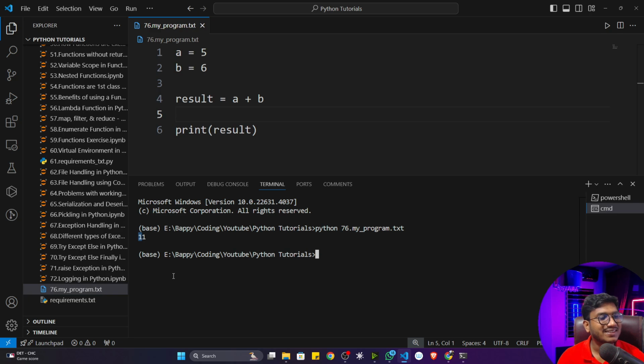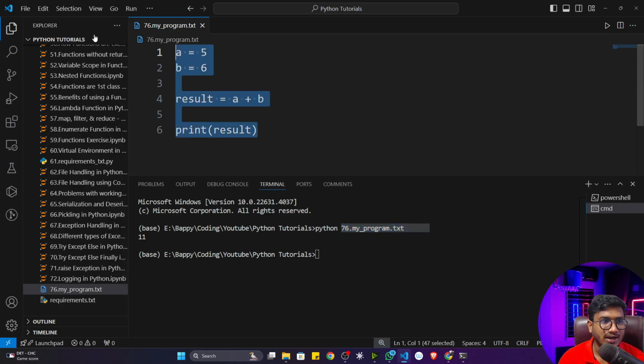So it's a very interesting concept inside Python. Python allows you to execute any other file as well. It's not that you can only execute a .py file, you can also execute any other file. For this, you have to use the Python command every time, and you can give this particular txt file location. It will execute that file. Not only that, you can also write any other code. Whatever code you have written previously, you can copy paste here and execute that particular